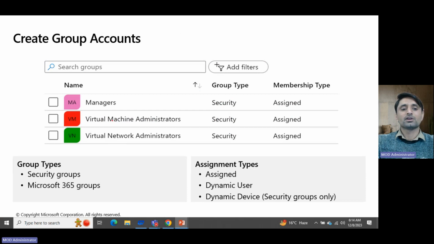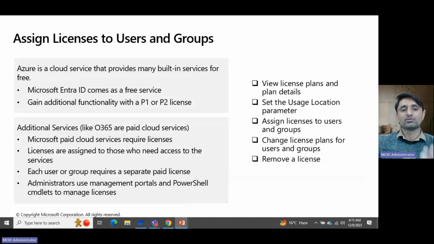Here you can create groups. There are two types of groups: one is a security group and one is a Microsoft 365 group. When you use the Azure portal, you will create security groups. The membership types of these are assigned, dynamic user, and dynamic device. We will cover them in detail when we get to them. Here are some plans, licenses, P1 license and